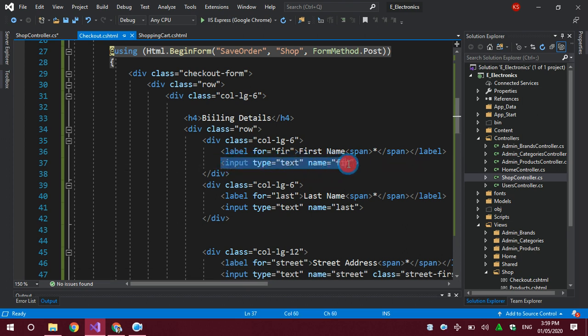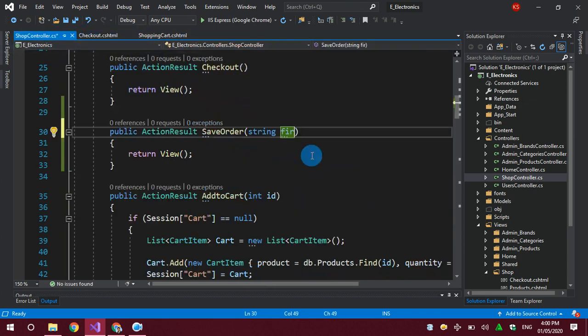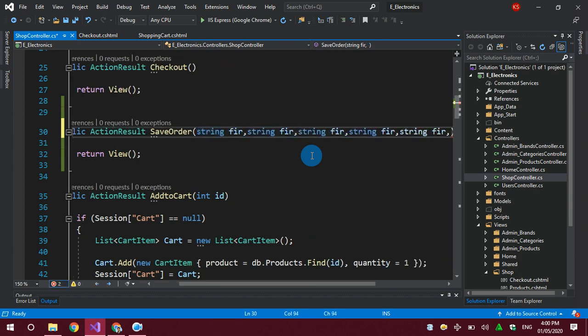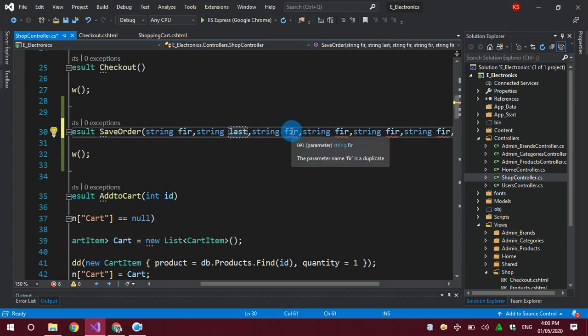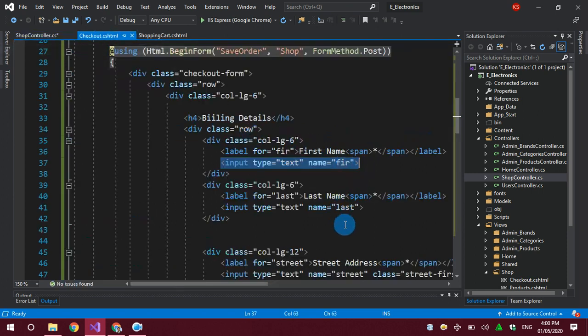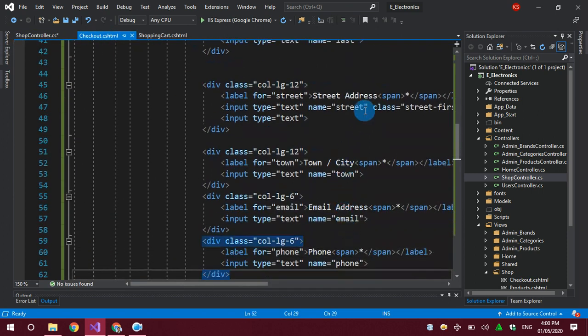It means the controller will receive the first name, which will be written in the first name field. It will receive string parameters: the first one is first, the second one is last name, then street, town, email.